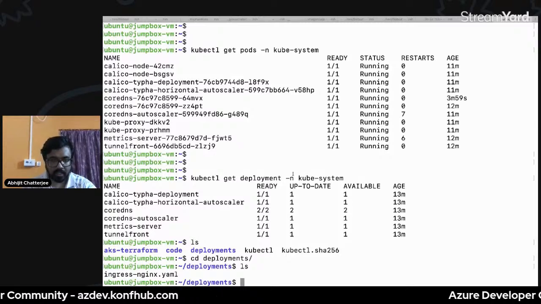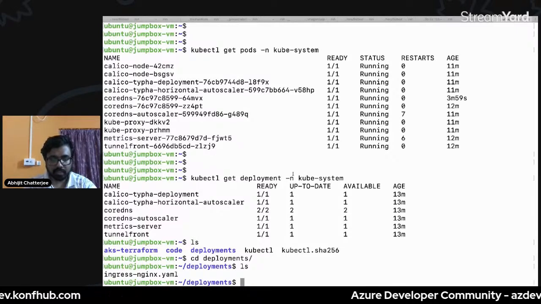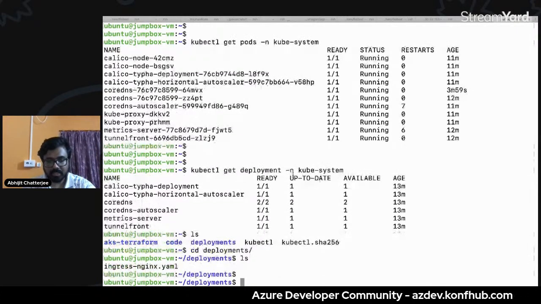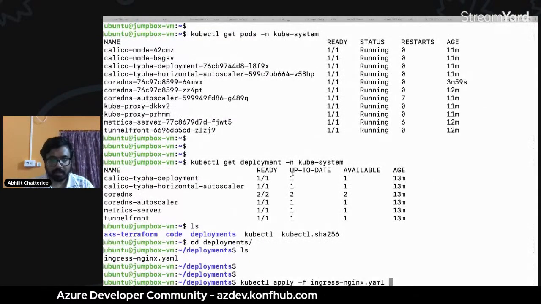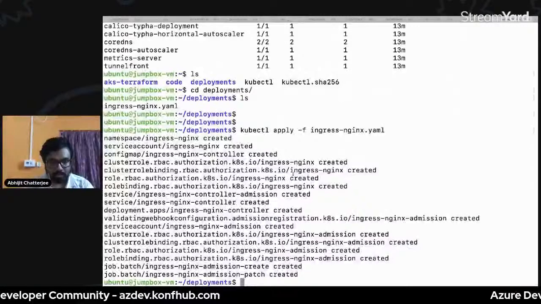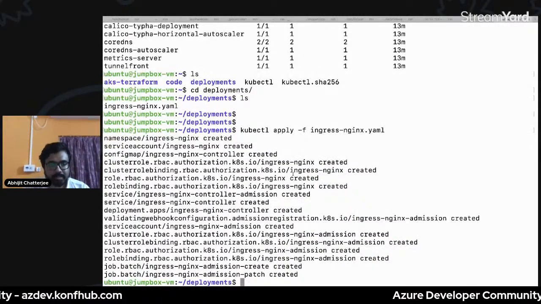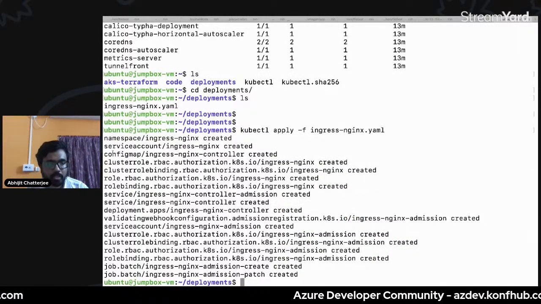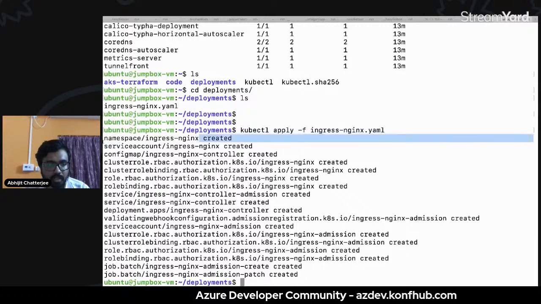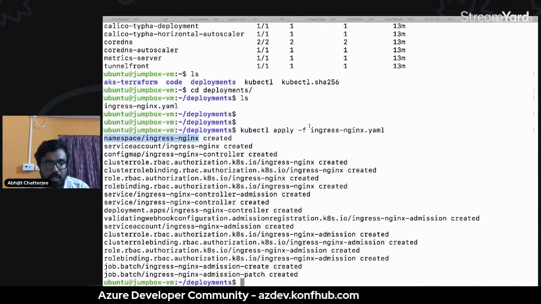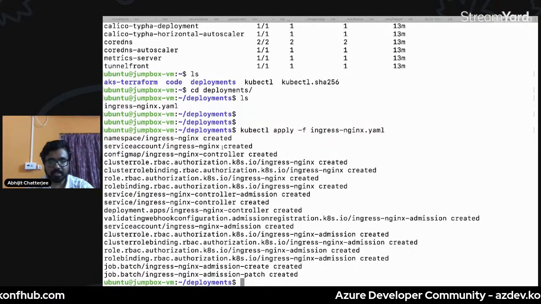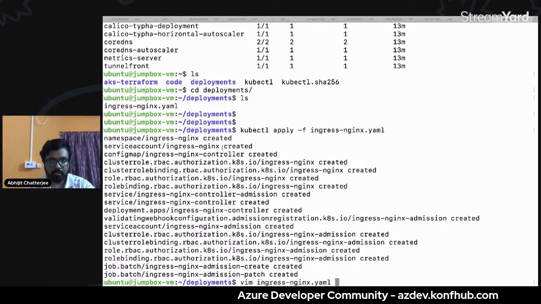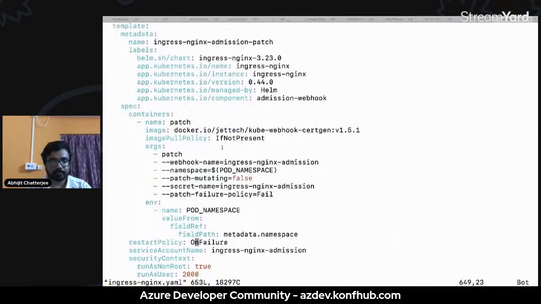The deployment file I already have. You will find all those files on GitHub. To apply it, let me just apply it like that. You can write any YAML file and apply it using kubectl. So that is ready. If you check the output, you will see that namespace ingress-nginx is created, right? I want to deploy this ingress nginx inside the ingress-nginx namespace, so I have created one more namespace. If you check the YAML file here, if you go up,